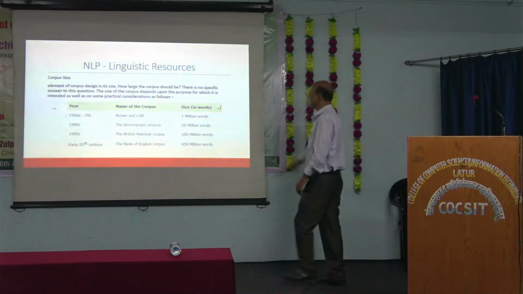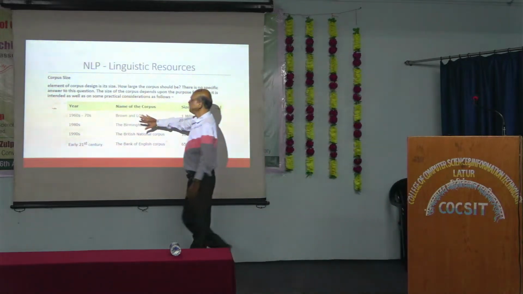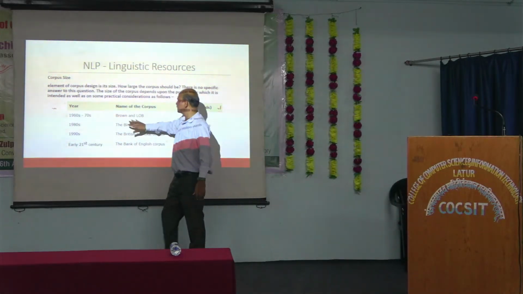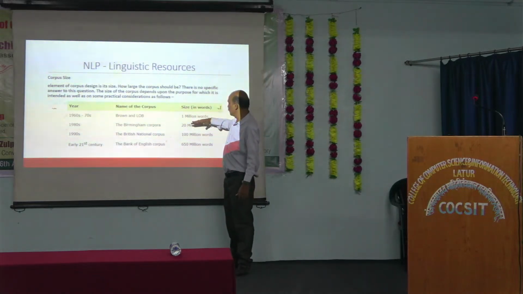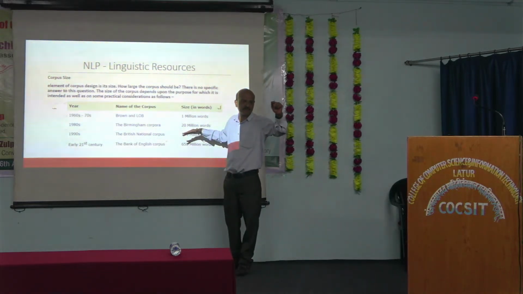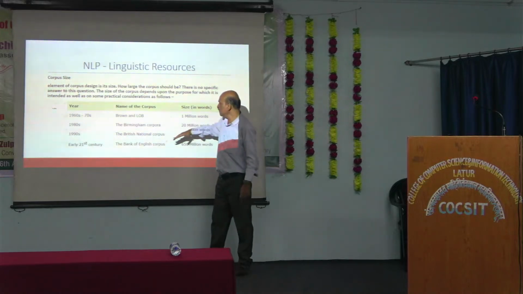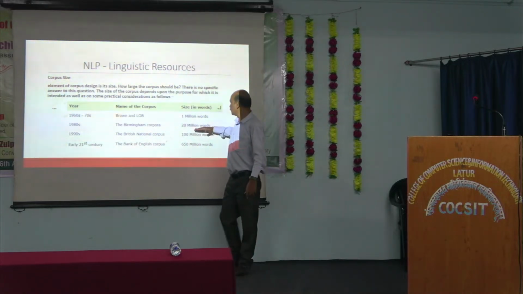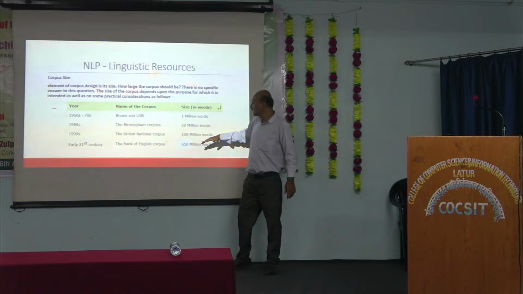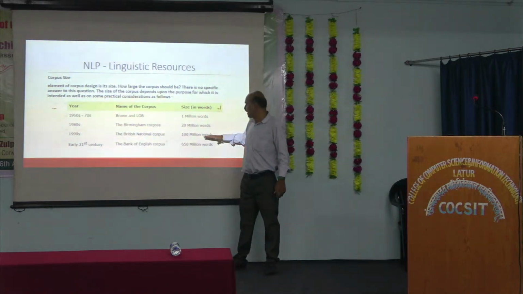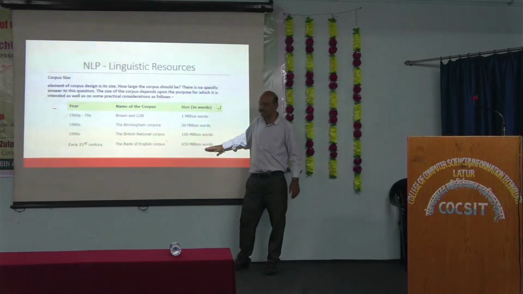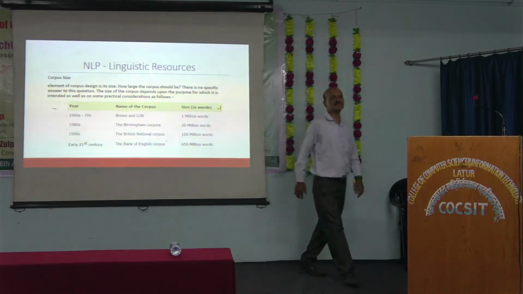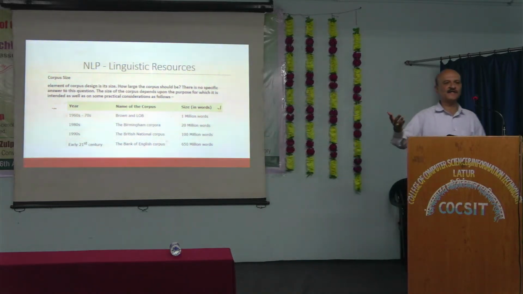Go through this page, just have a look. In the 1960s and 70s, the Brown and LOB corpora had a size of 1 million words. This one is 20 million words. The British National Corpus has 100 million words. And the Bank of English Corpus, how much? 650 million words. Now, working with such huge data,